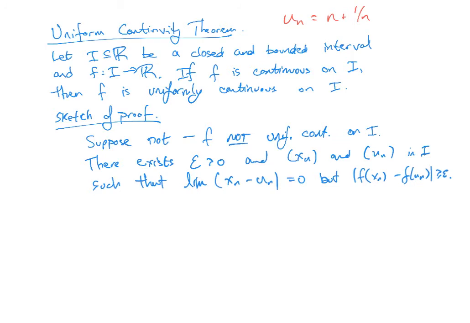Bolzano-Weierstrass works on any bounded interval, and it says you get a subsequence that converges. But if you do it on a closed and bounded interval, then not only do you have a subsequence that converges, that subsequence converges to a point in the interval. That's what closed gets you. It's exactly like both proofs we did on Monday. So I'm going to say by Bolzano-Weierstrass,